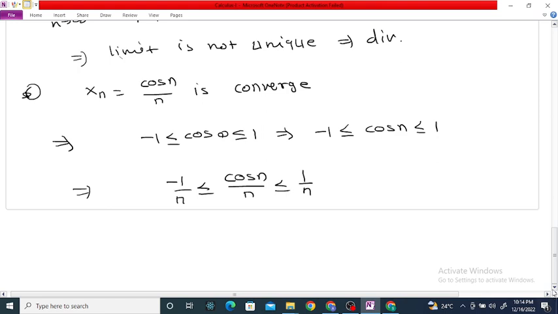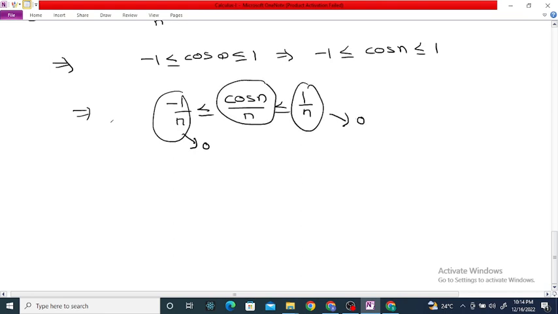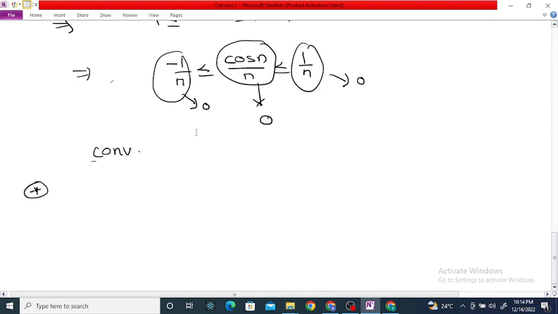Now this sequence converges to 0, and this sequence also converges to 0, and therefore by using the sandwich theorem, this sequence also converges to 0. Since the limit exists, therefore the given sequence is convergent. The next example is find limit n tends to infinity